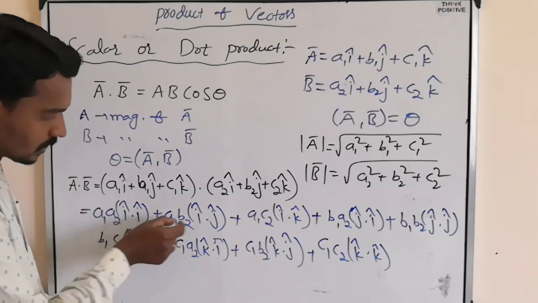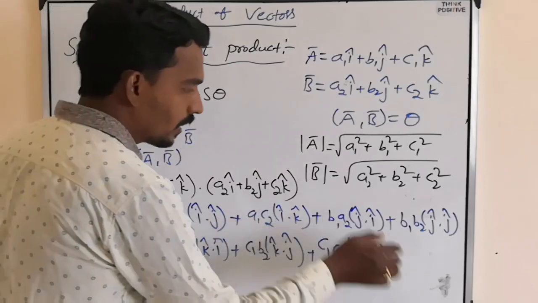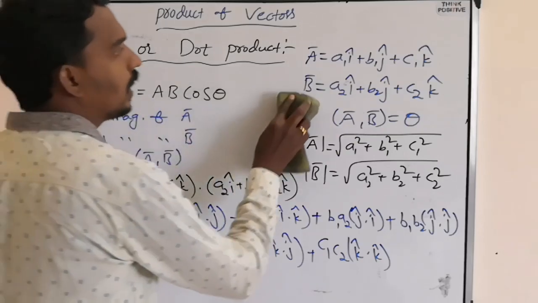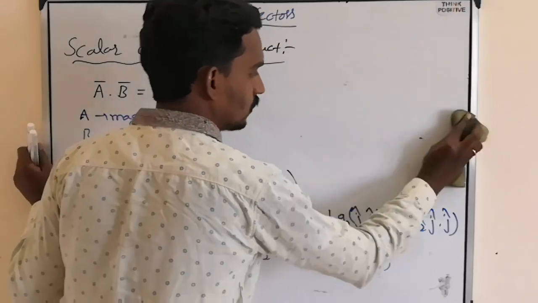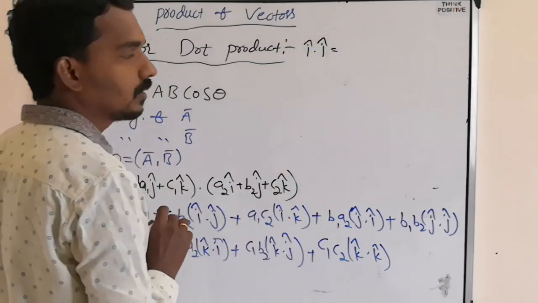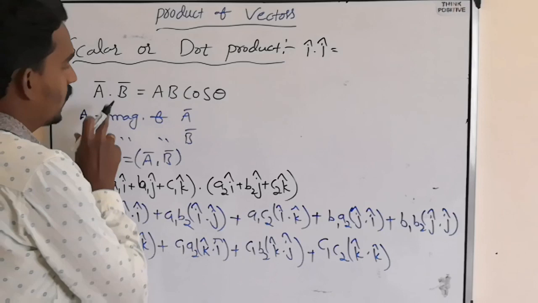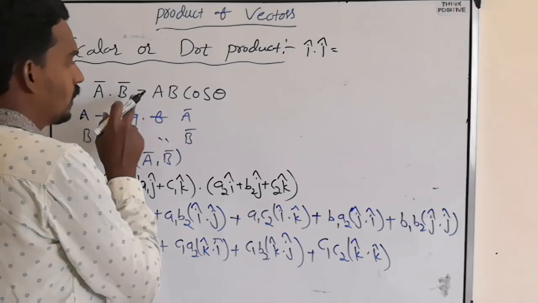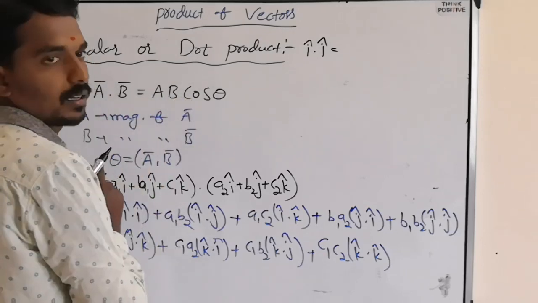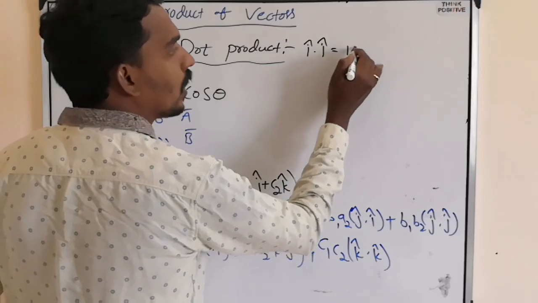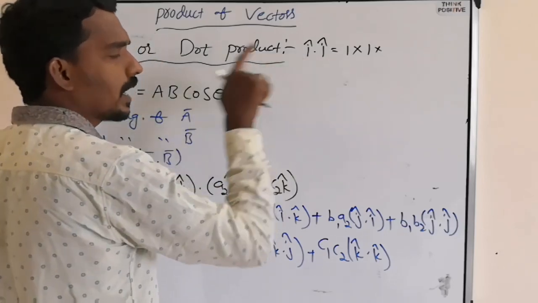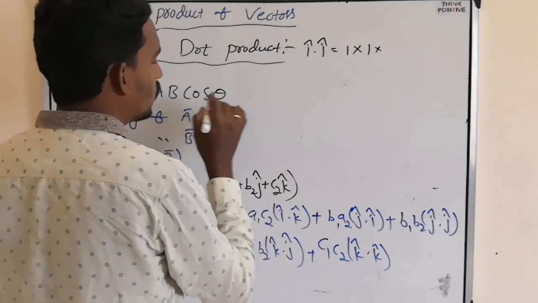Then we don't know what this i cap dot i, i dot j, or i dot k is. So we can find that from the definition that I am writing here. Let's take first i dot i. See, a bar dot b bar, a bar is one vector, b bar is one vector. That expansion is given as ab cos theta, where a is the magnitude of a bar. Then what is the magnitude of i cap? 1. Because here a bar is i cap and b bar is i cap, into cos theta.